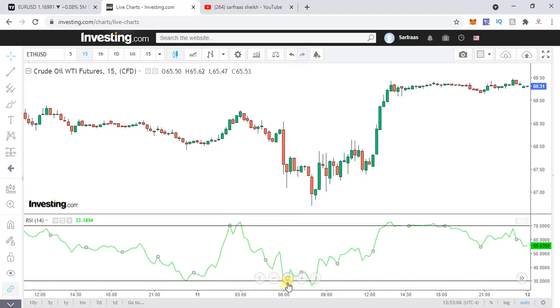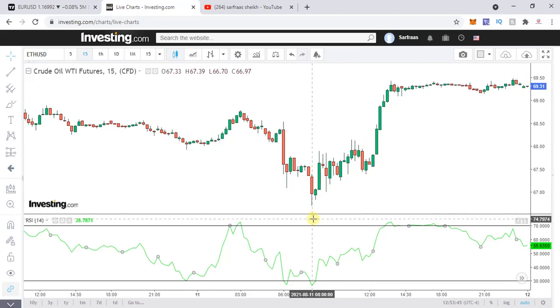So what happens is whenever it's in the oversold zone, there is a huge probability that there is going to be a quick recovery. So you can see over here it moves on top, but there is still a downfall. But here, over here, the rise starts. You can see from the RSI over here, it's increasing, and correspondingly, as you see the RSI moving up, you can see the candles also moving green and the price starting to shoot up.